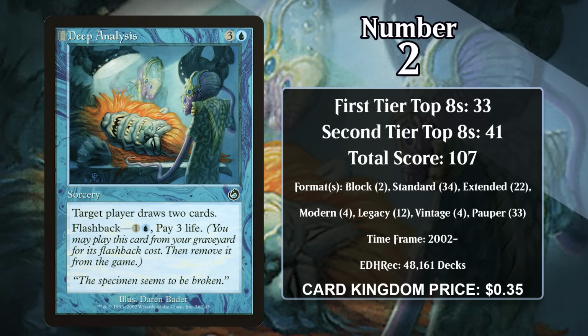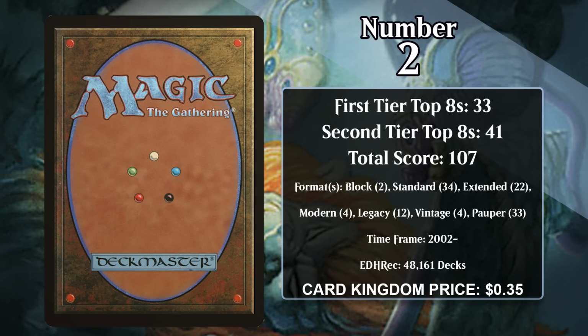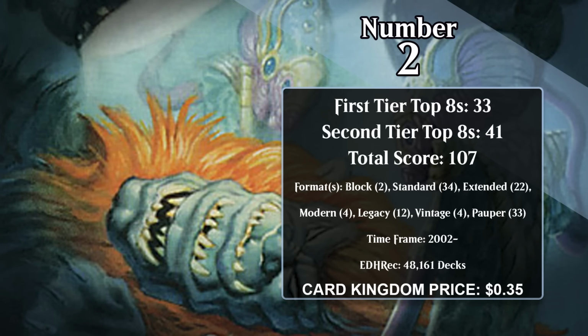It recently got a reprint in Modern Horizons 3, making it legal in Modern for the first time, and it's already seeing some play in the format, and it's been heavily played in Pauper for quite a while, since in terms of the number of cards it can draw you, it's one of the most potent cards in the format. Deep Analysis is going to continue to add to its score in Pauper, Modern, and Legacy in the future, but it has quite a ways to go to catch the number 1 card on the list, which is